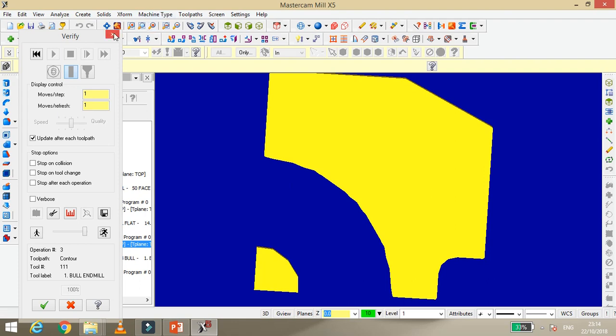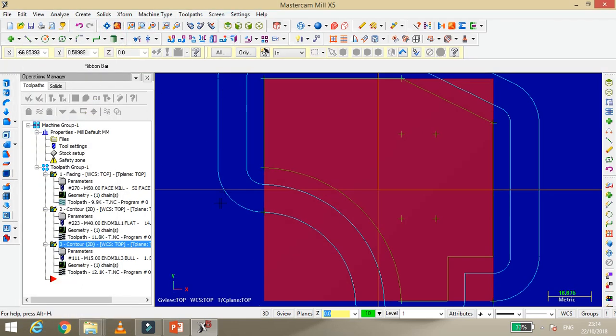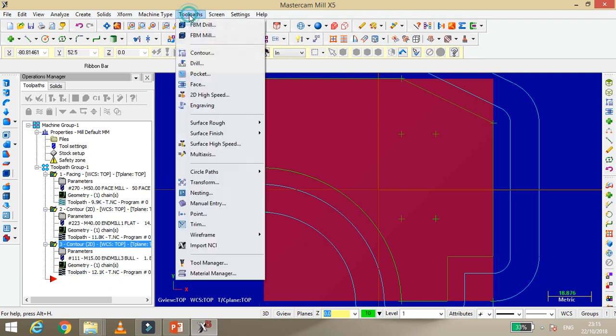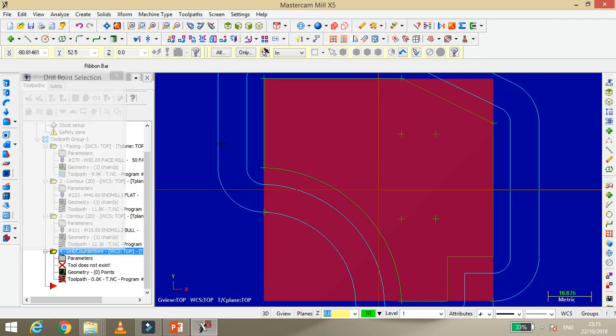Now here some material is to be removed. So now we do the drilling operation for removing that material. Go into path, say drill.